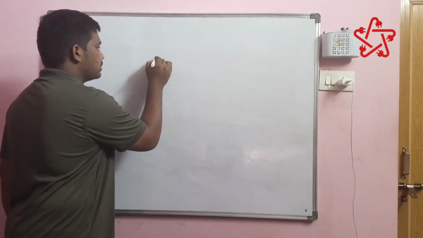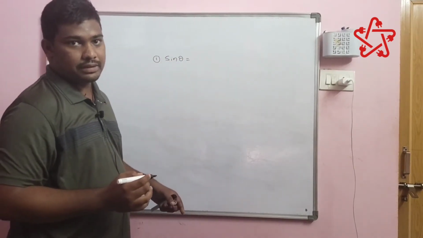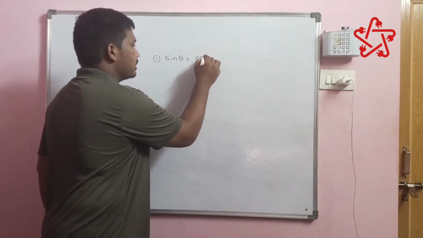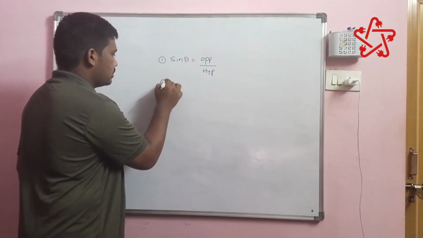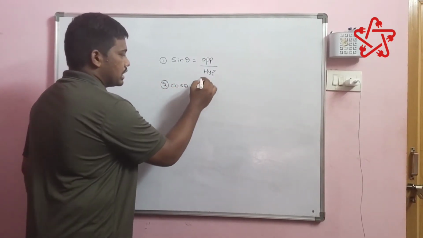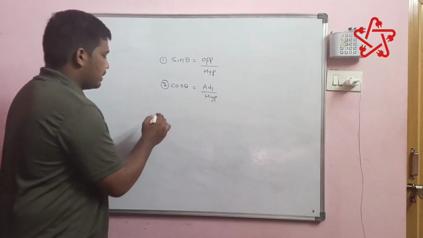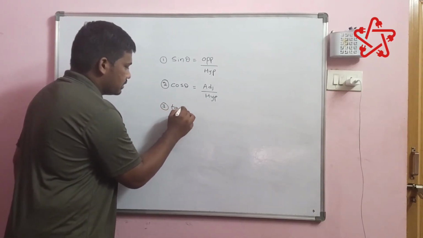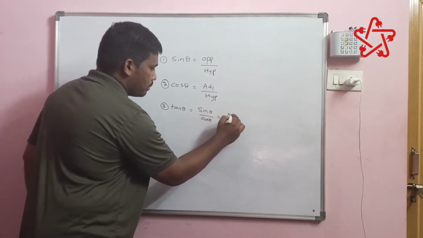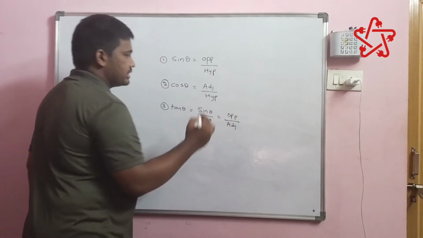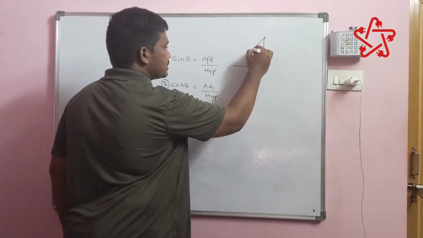The first thing, sin theta. What is sin theta generally? Opposite side by hypotenuse, right? Cos theta. Cos theta is adjacent side by hypotenuse. Tan theta is equal to sin theta by cos theta, which is opposite side by adjacent side, right? Before, let me draw a triangle and show you what is opposite side and what is adjacent